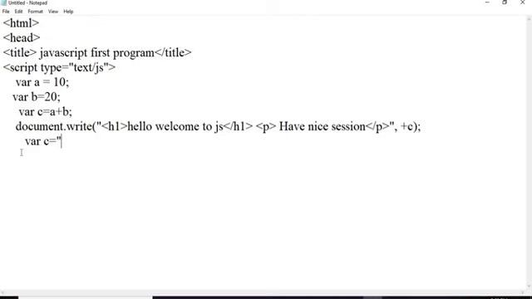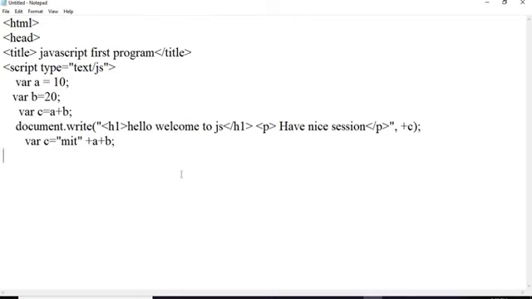So here now it is a different way. We can have the text something here. Variable c is going to have the text, that is something like this. So again I will add a plus b.